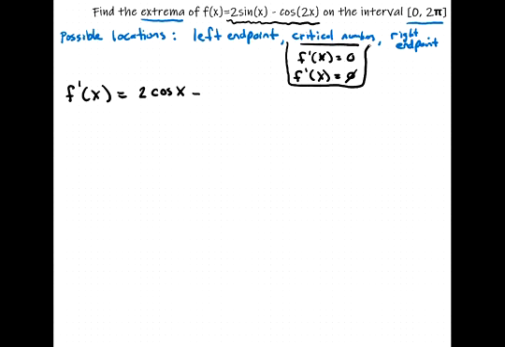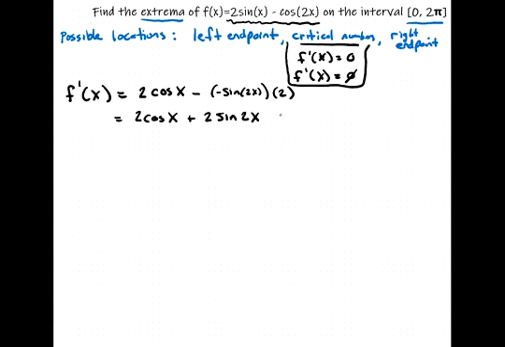The derivative of cosine of 2x is, well, the derivative of the cosine function is the negative sine function, and we have to apply the chain rule here. So that's negative sine of 2x times the derivative of the inside, which is 2. Or we can rewrite this as 2 cosine of x plus, minus makes a plus, and we have 2 sine